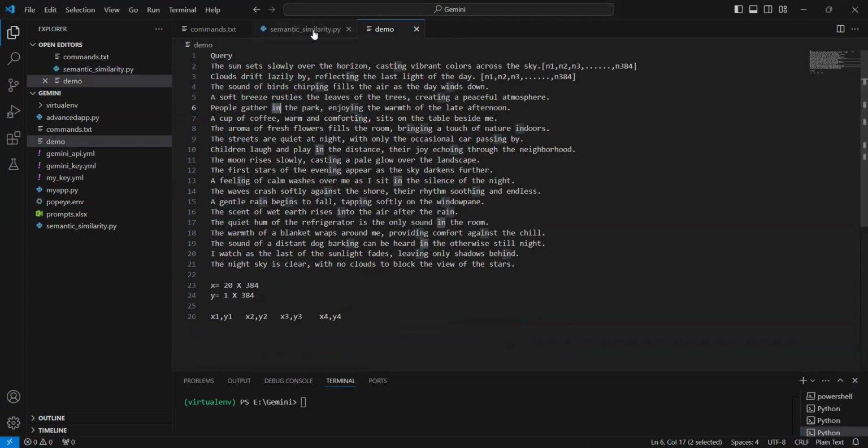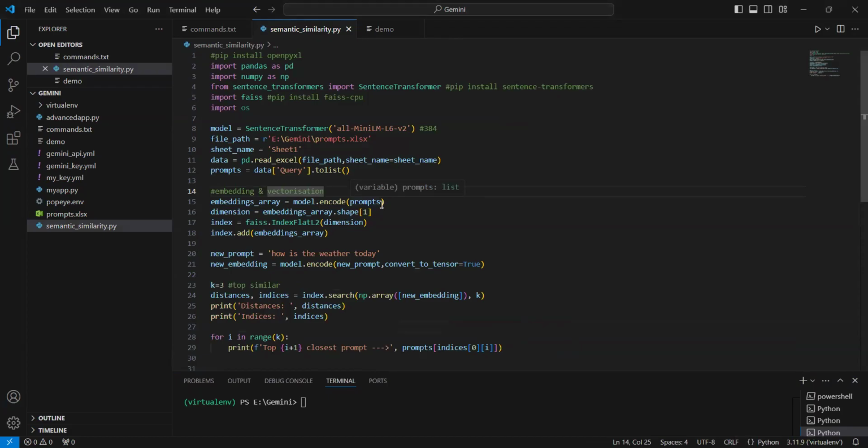These 20 sentences are converted into a list and stored in the index and vectorized. We are using Facebook's AI Similarity Search index and database. We create the embeddings using the model. So we convert those prompts, that English language, into vectors. Those vectors will be used to